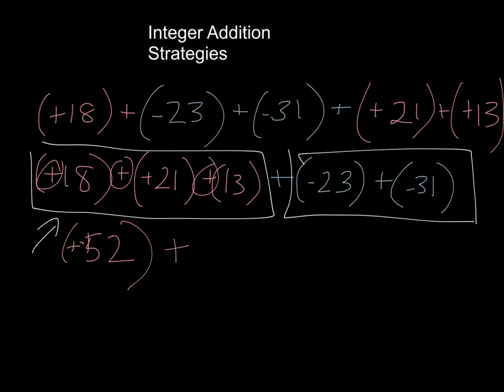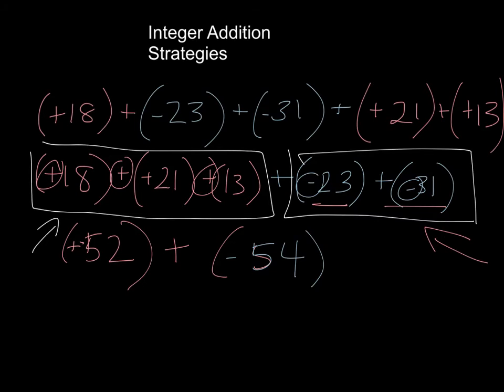And then plus, I would do this: negative 23 plus negative 31. Again, you just add 23 plus 31, and that's 54. And because it's two negative numbers, the number is negative. So now all I'm left with is positive 52 plus negative 54. So again, if you're thinking about those,